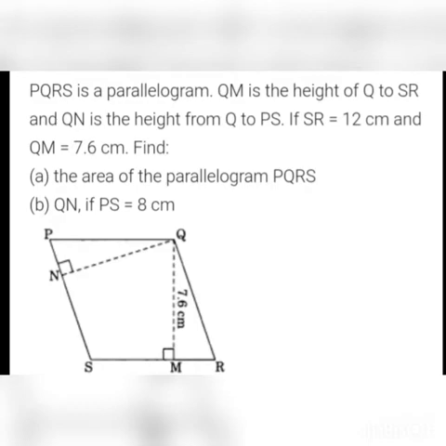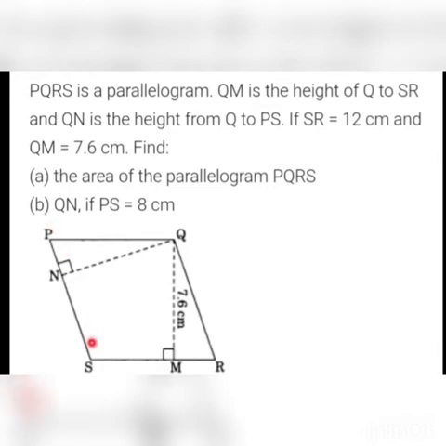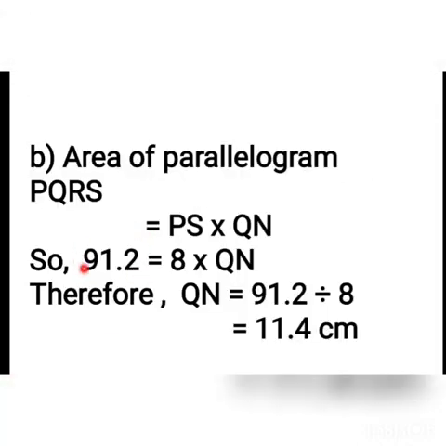So, connect the things what you know. What all things do we know here? We know the area of this parallelogram PQRS and we know this base, but we don't know this altitude, so we have to find it. Using which formula? Using the formula of the area of the parallelogram. Area of the parallelogram PQRS is PS into QN. Both the formulas we can use, isn't it? If you are keeping this base, you can take this altitude. Now, area is already known to you, 91.2, because in the first question we found the area. The value of PS is given as 8 and we have to find the value of QN.